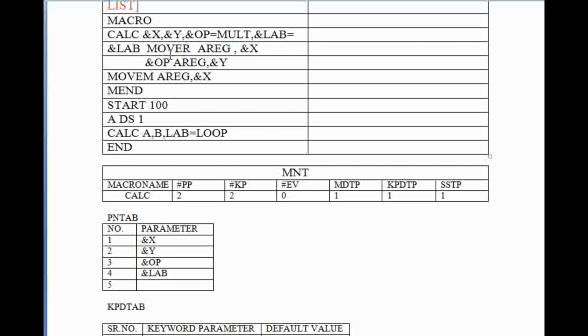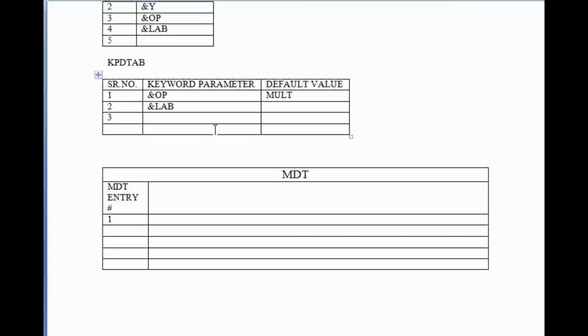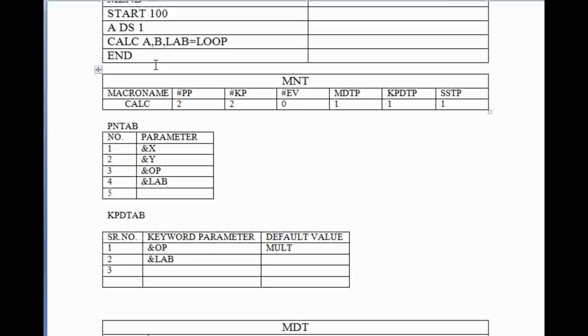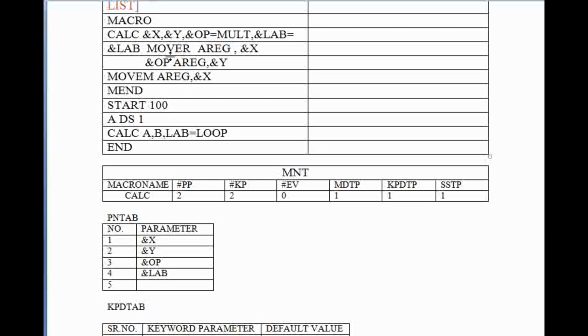Now we take the body of the macro and we place it in our MDT, at the first line, because MDTP is 1 for this particular macro called CALC. So it says LAB MOVER AREG, X. Now instead of writing the parameter name, I've told you we index them because finding a parameter by number is quicker than by name. So LAB is at position 4 and X is at position 1.